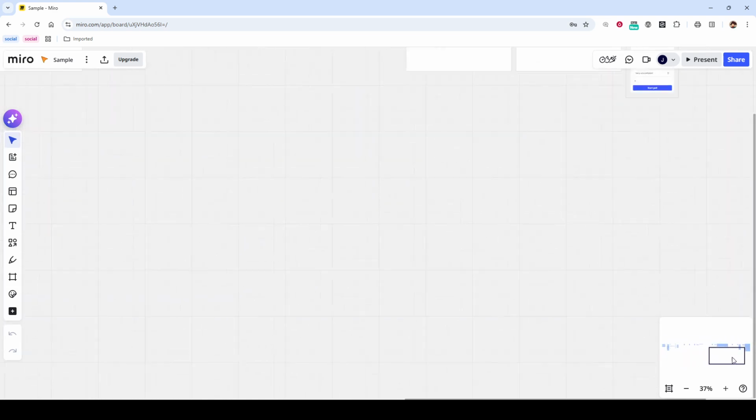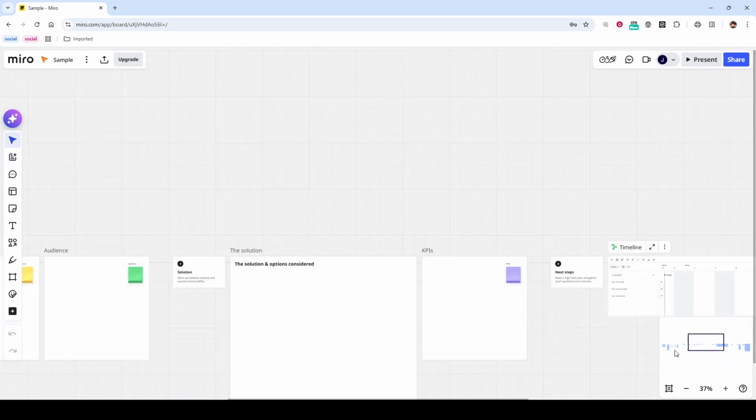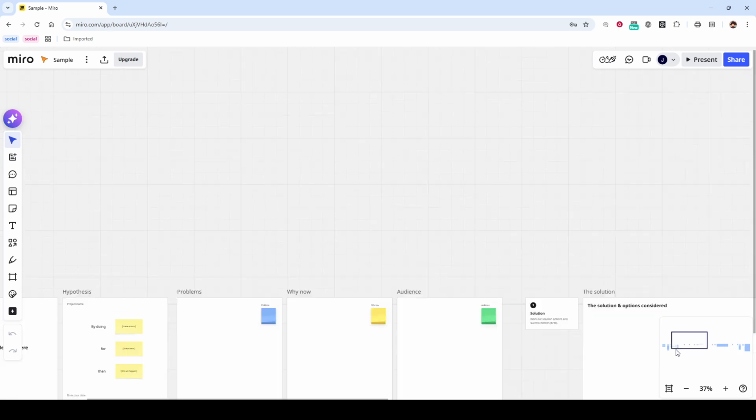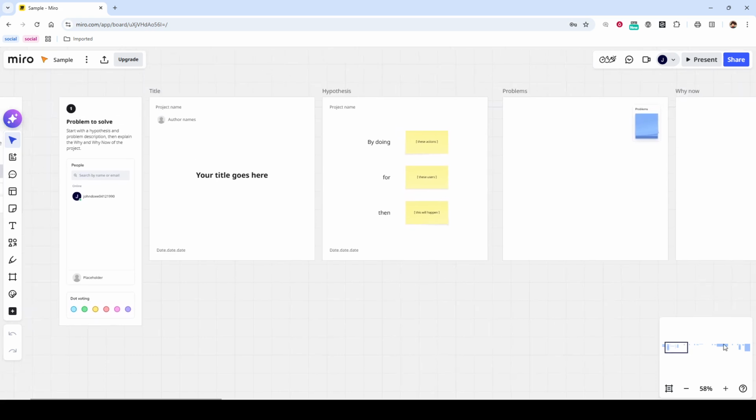To jump to a specific spot quickly, click any area inside the minimap. When you click, Miro will instantly move your main view to that location on the board. This is useful when you need to switch between sections, like moving from brainstorming notes to a diagram on the